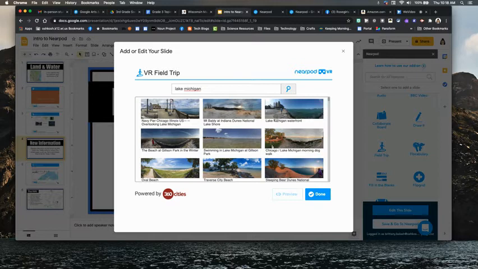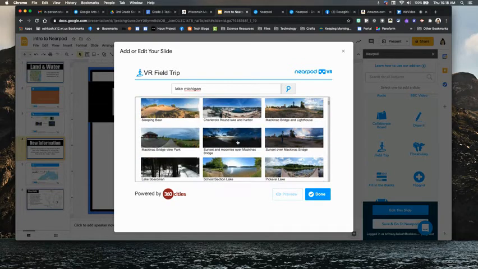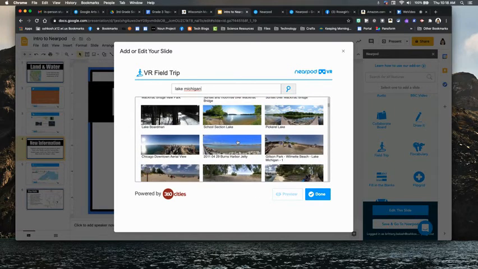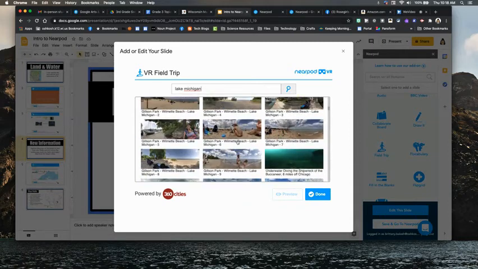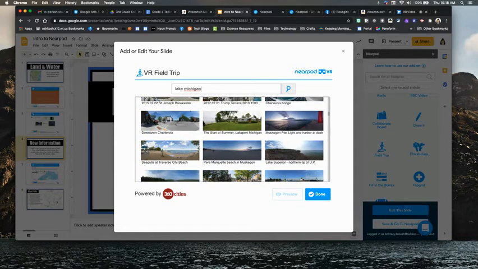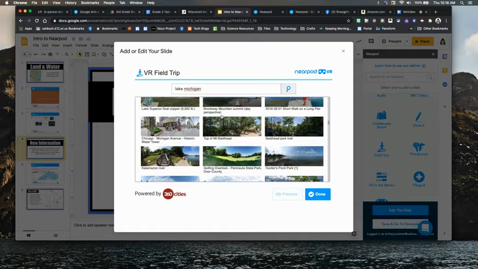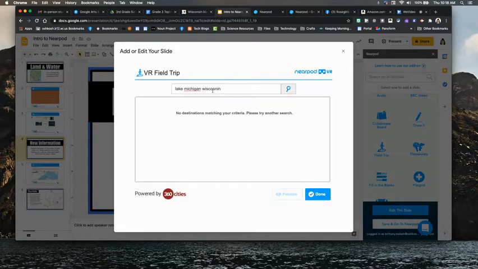So I'm gonna pull in, let's see here, and they have thousands and thousands of pictures for you to choose from. So you can kind of go in and,